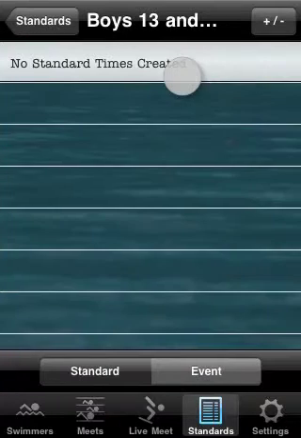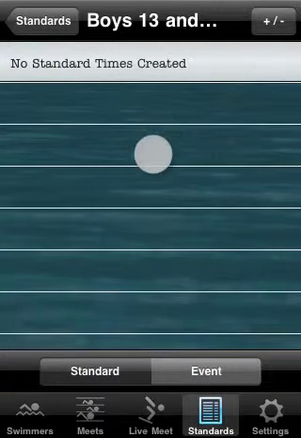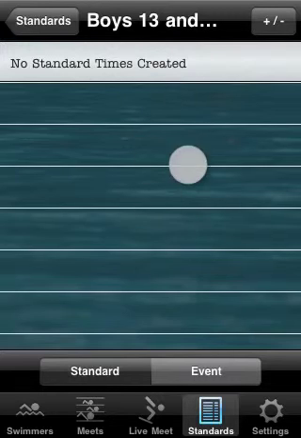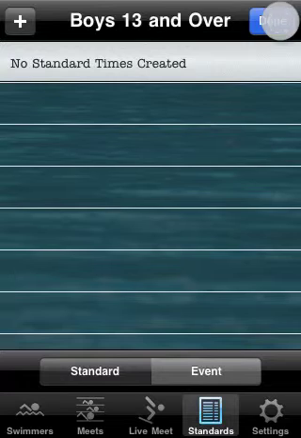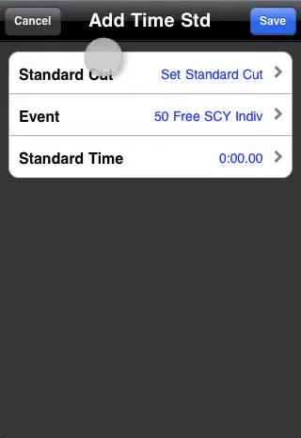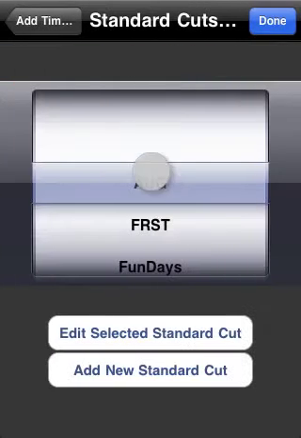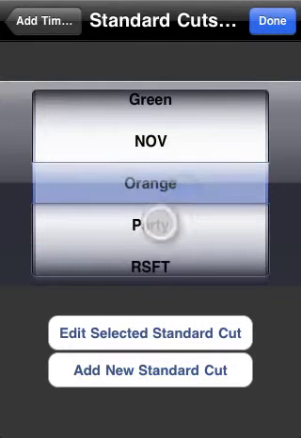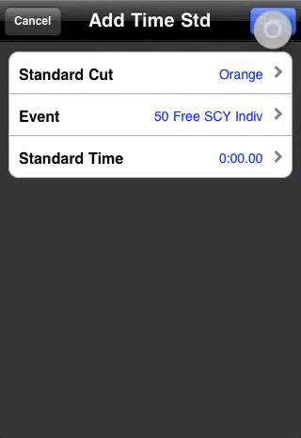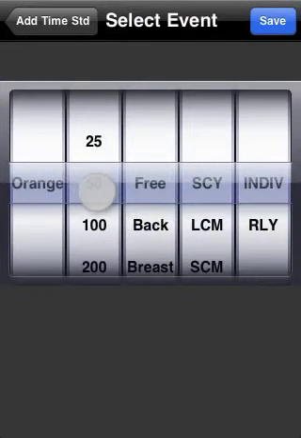If we tap the boys 13 and over time standard, you'll notice there's no times created. Let's add one. Tap the Add Remove, tap the plus button, and let's set the standard cut time. Standard cut, we'll go ahead and set this to, let's do orange, and tap Done. And we'll set the event for this time standard to be 50 free. We'll do the short course yards,